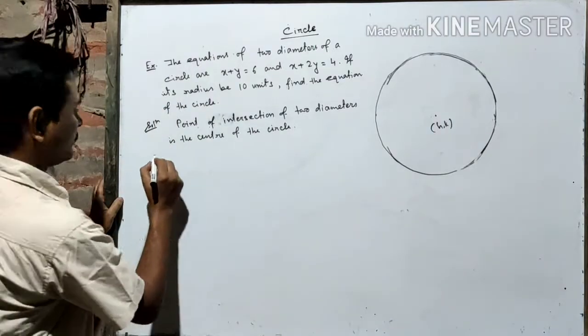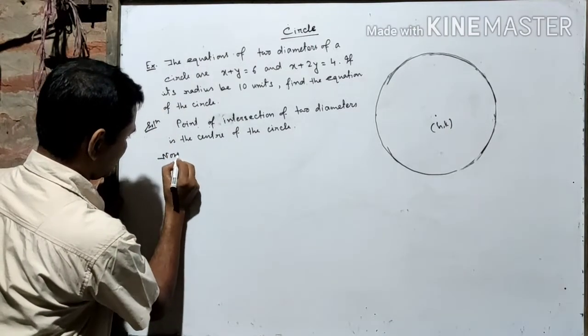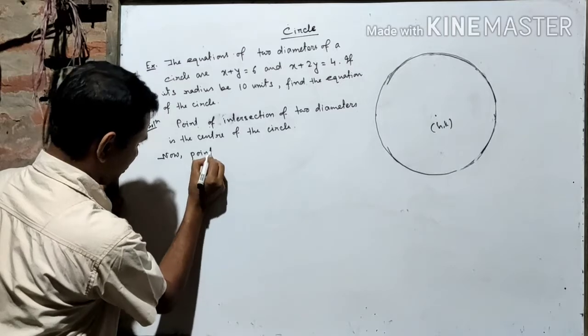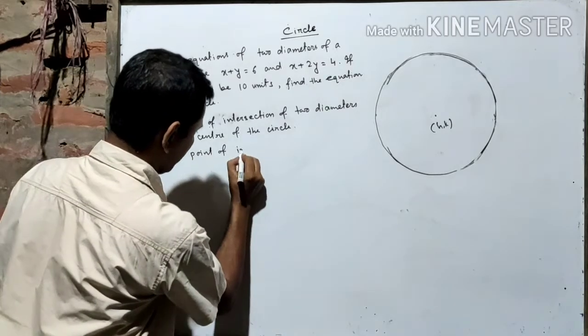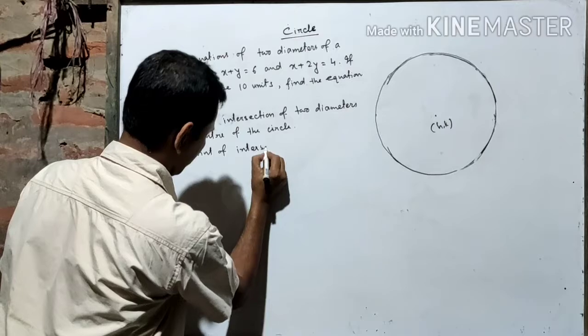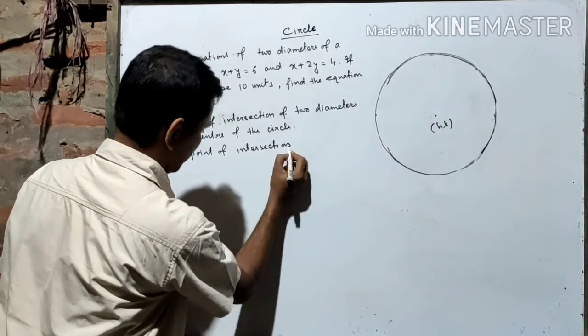Now, point of intersection of the diameters